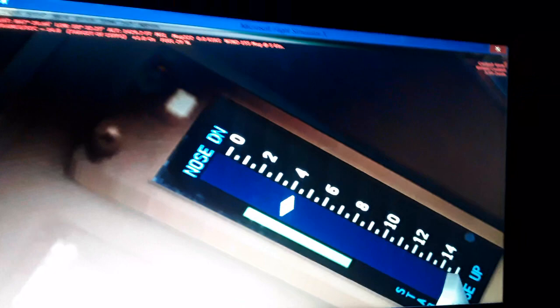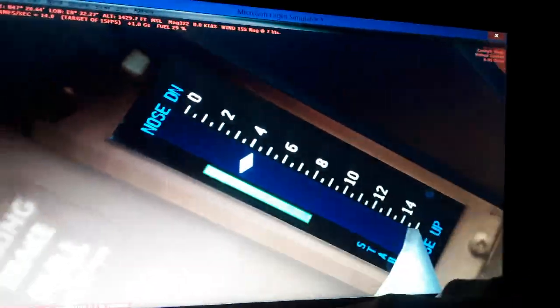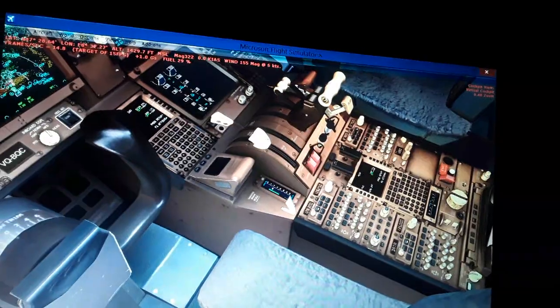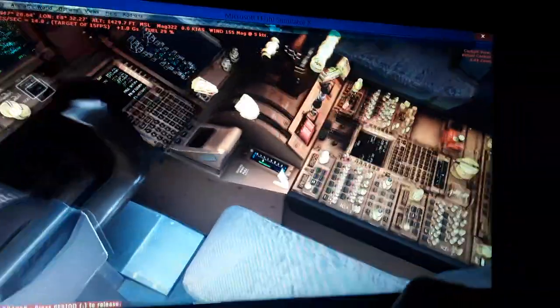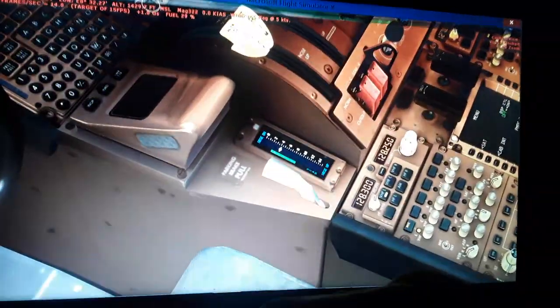So you will see the pitch trim, the horizontal trim of the tail of the aircraft, nose down or nose up here, how many degrees. Now it's positive plus 4 degrees, so it's gonna make the aircraft have a positive climb rate. The parking brakes here, for instance,